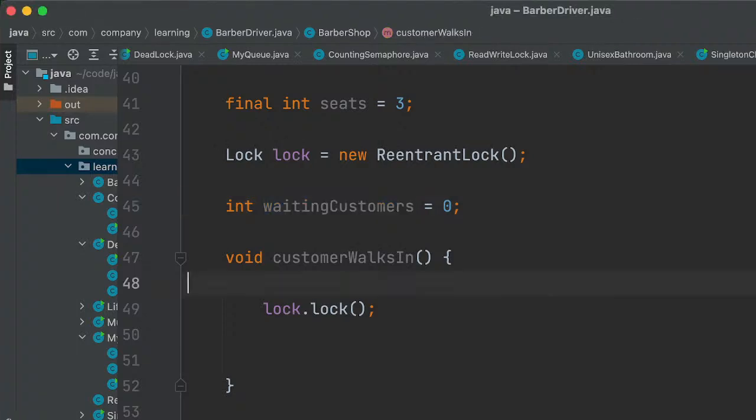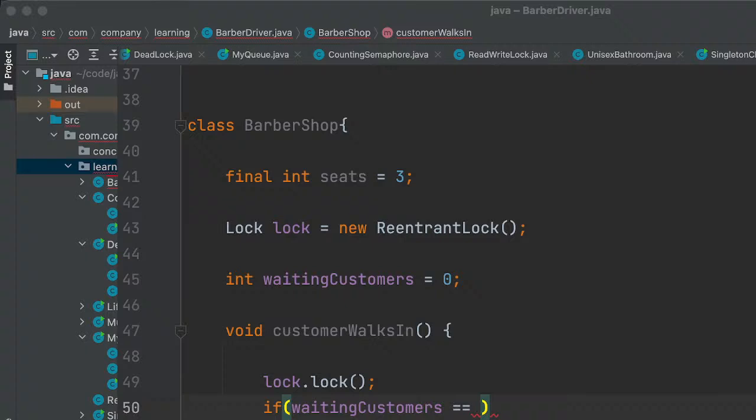So if waiting customers equals, since it is a constant, barber shop dot seats. Okay, we can access this via seats.